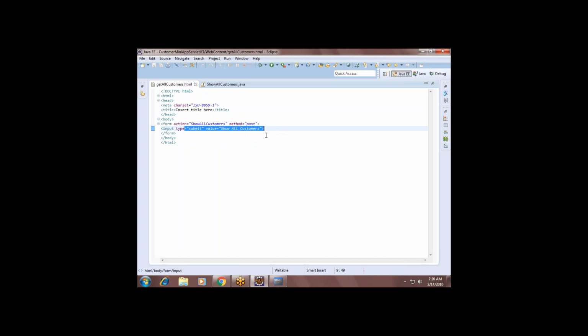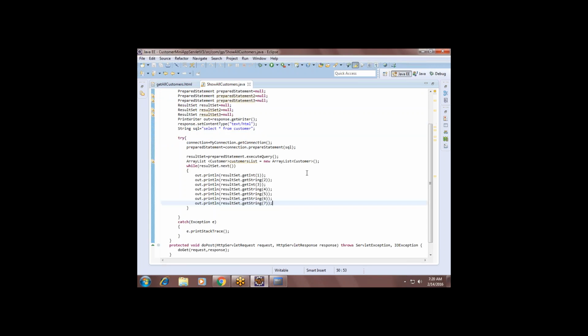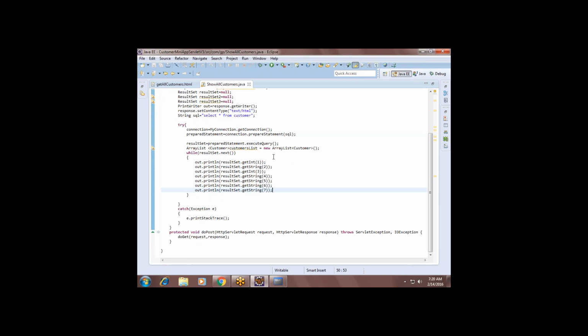Yes, sir. Okay, now this will call the show all customer Java servlet. This is the show all customer servlet, where I am selecting the data irrespective of any ID. There is no where clause, no?